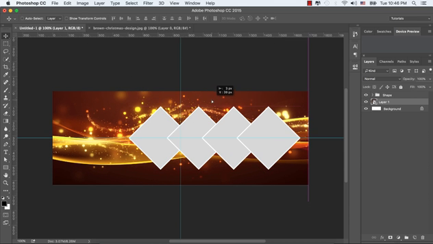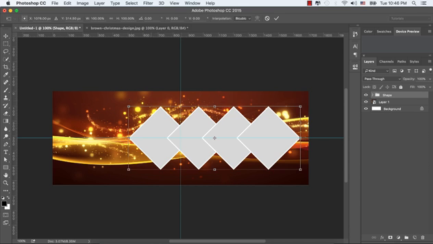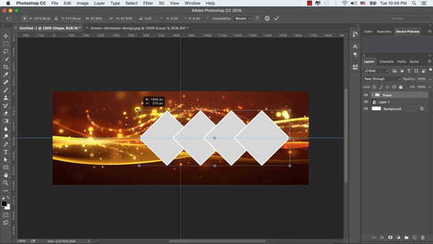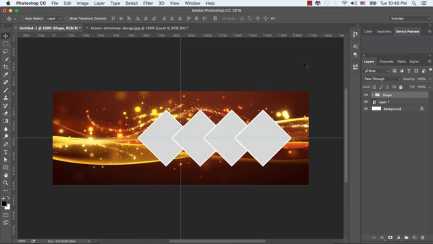Transform it by pressing Ctrl or Command T from the keyboard. Let's make it a little bit smaller, and make sure while you're doing this you have selected this shape group.